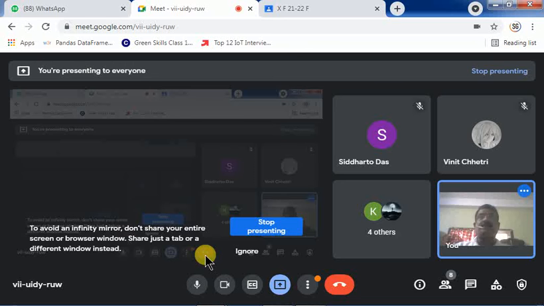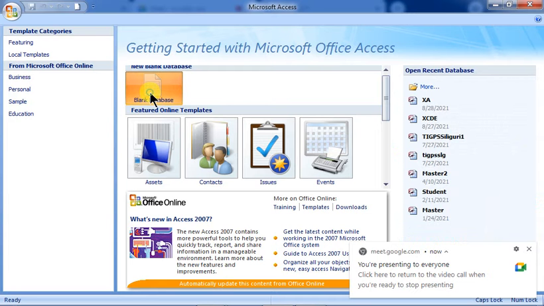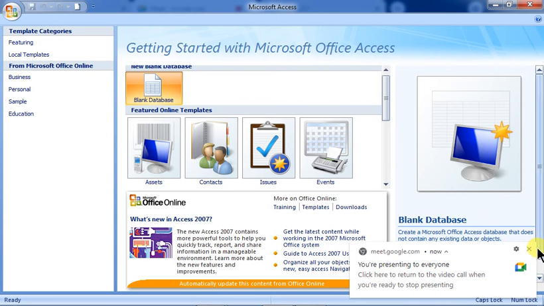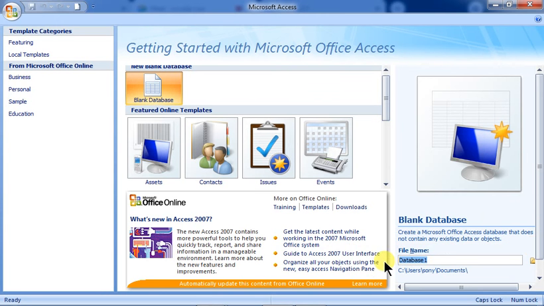And we will use the concept over here, that is the DBMS, the database management system. Okay, so now let us do so. In that respect, we have opened Microsoft Access, and we are just creating a database out here. You can go to the blank database and then type a suitable name for your database.